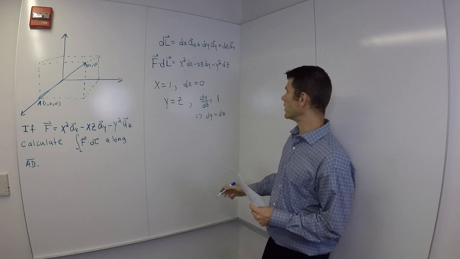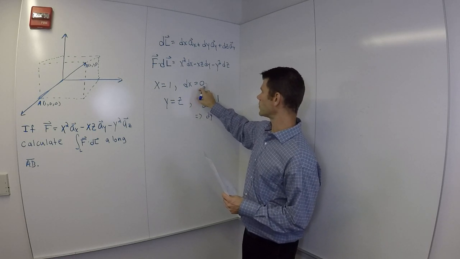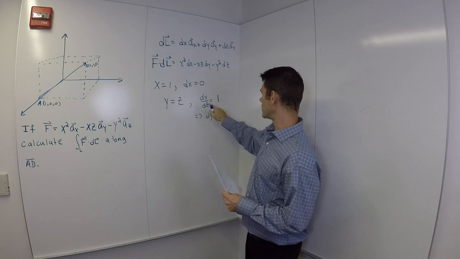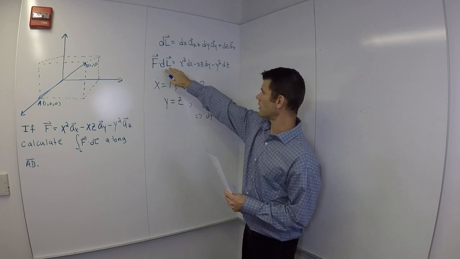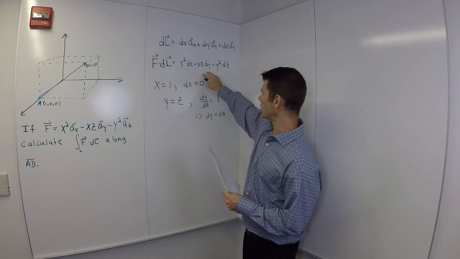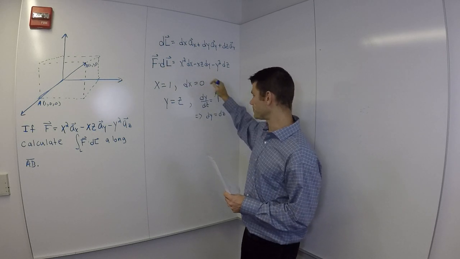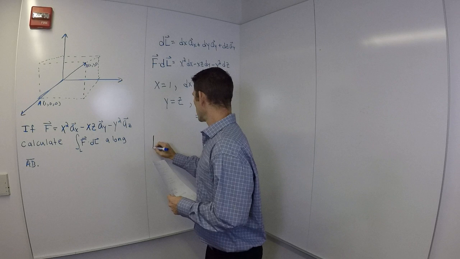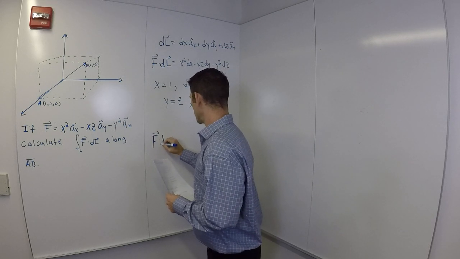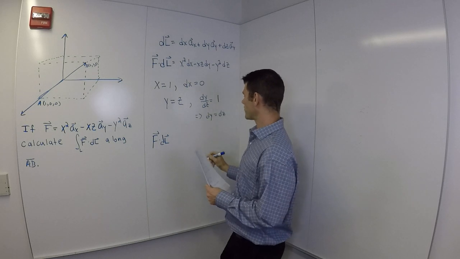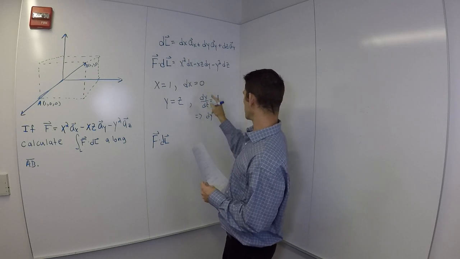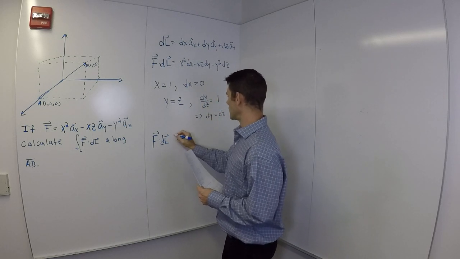So now what we can do is, saying that dx equals 0, we can substitute in y equal to z and dy equal to dz, and we can have this F dot dl all in terms of either dy or dz. So, putting in dx equal to 0, and putting in y equal to z and dy equal to dz,